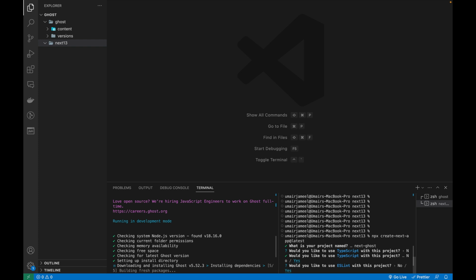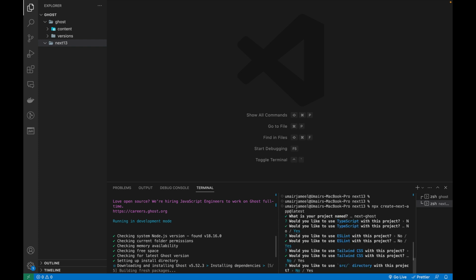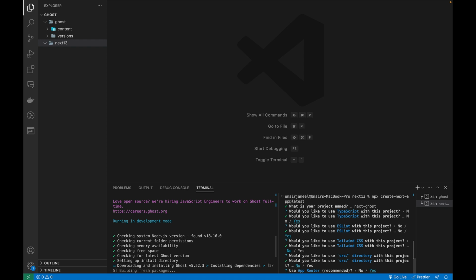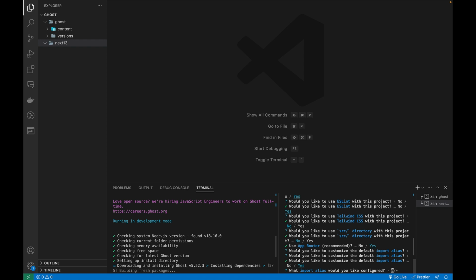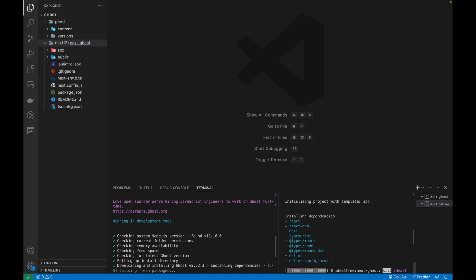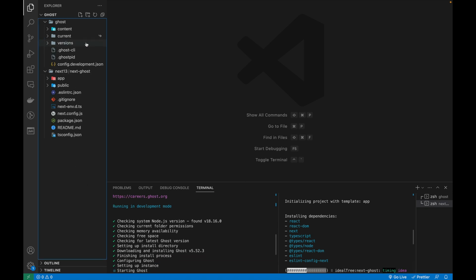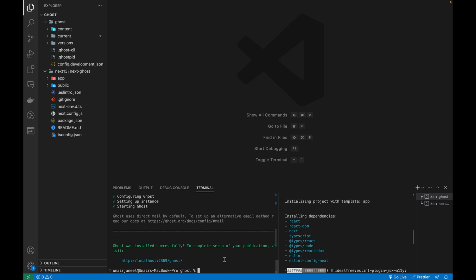Let's use TypeScript, ESLint, and for now I won't be using Tailwind. I don't need the source directory. Let's add the app router and import alias. Let's do that. So it's going to download all the dependencies, and it's going to create the Next 13 project in my folders. So Next 13 has created the next-ghost project,